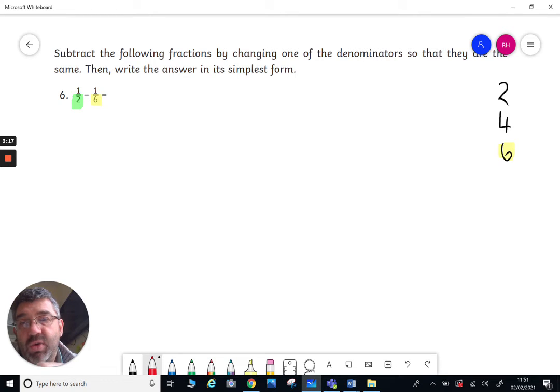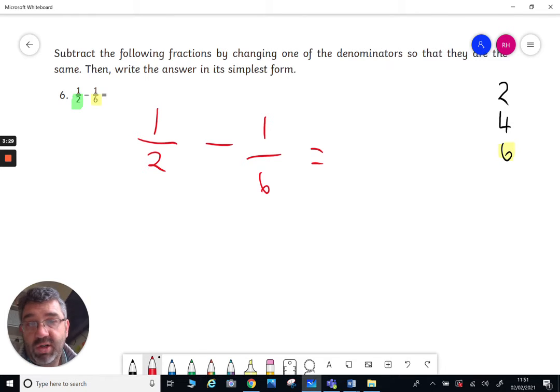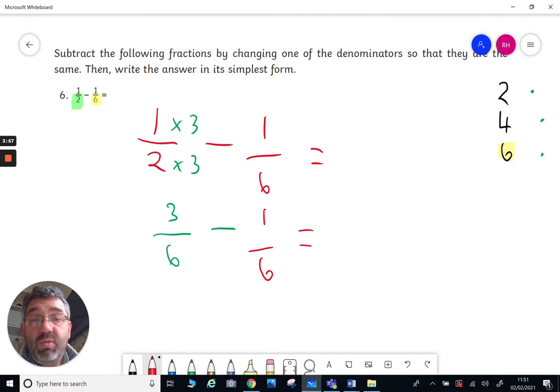So now we need to form a sum where 1/2 minus 1/6 becomes something over 6 minus 1/6, which gives an answer. So we need to turn this 2 now into 6. So if we check over here, 1 2 is 2, 2 2s are 4, 3 2s are 6. Okay. So if we multiply by 3 over here, we can then see what we get. 1 times 3 is 3. 2 times 3 is 6. We've now got 3/6 minus the original 1/6 that we haven't had to do anything with,